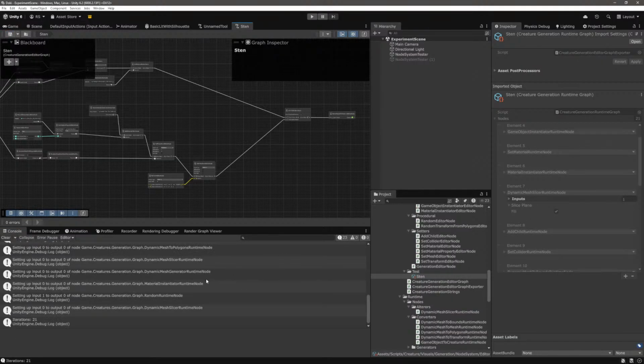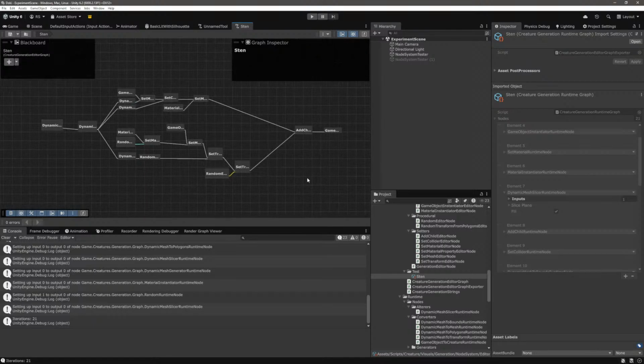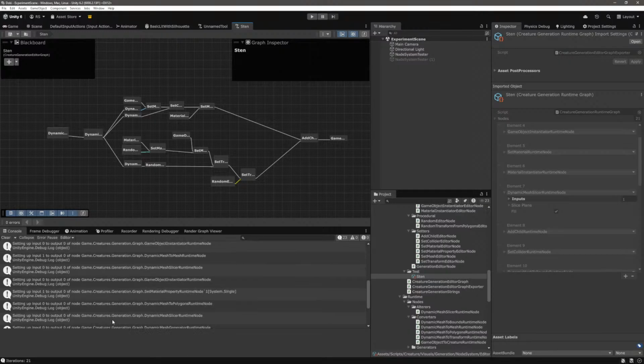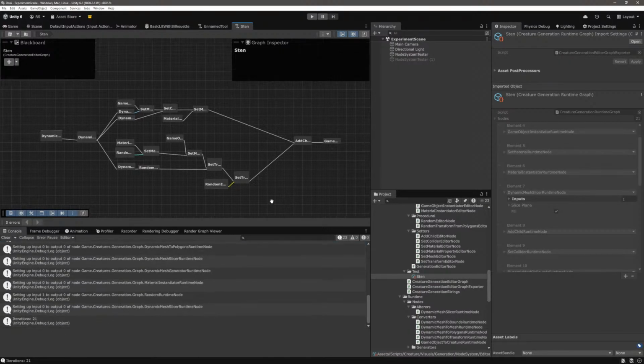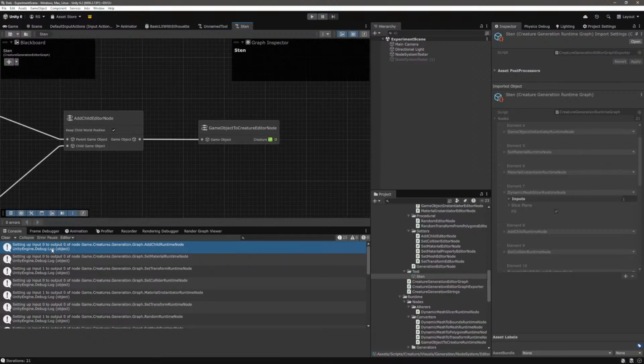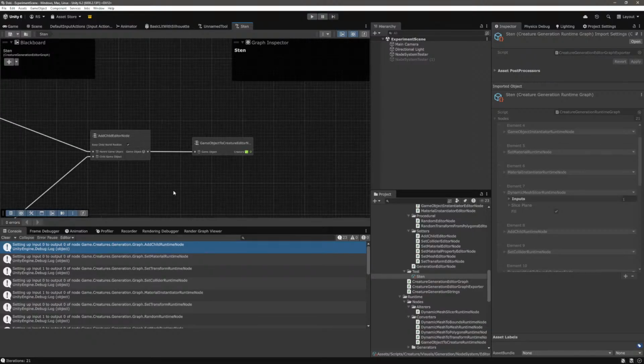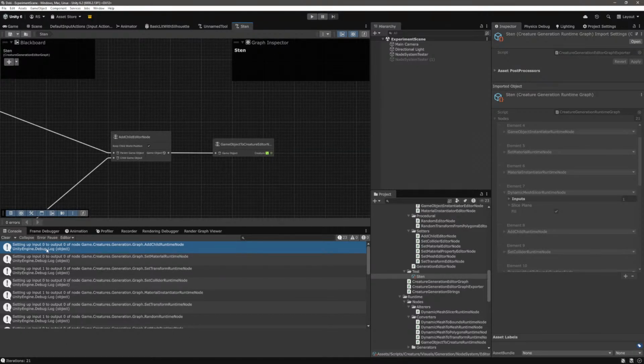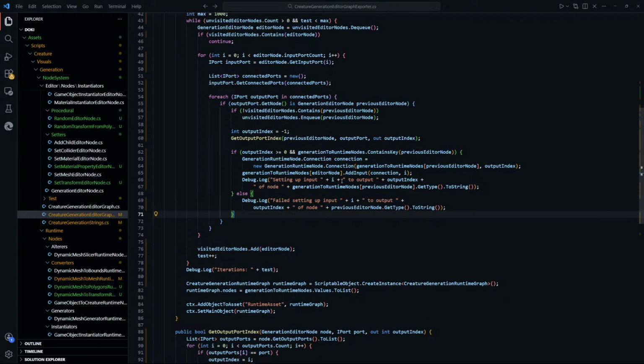No errors, iterations 21. 1, 2, 3, 4, 5, 6, 7, 8, 9, 10, 11, 12. 21? That's like best case scenario. Setting up input 0 to output 0 of node add child runtime node. Yeah, I would like this debug message to be a little bit clearer. Setting up input of